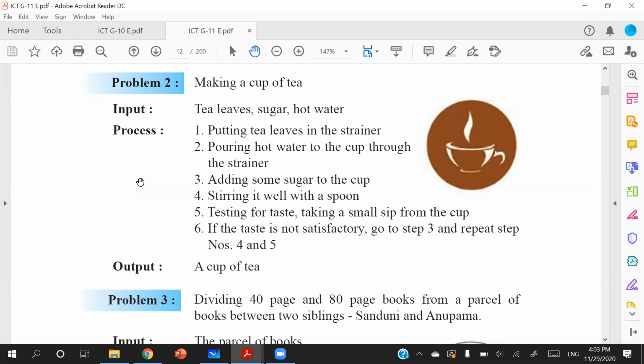Yes, again, otherwise we won't be able to make tea, right? And add in some sugar to the cup. Again, that should be a must, because otherwise we won't be able to drink the tea, because it will give you some bitter taste, right? And we have to stir it well, so then the sugar will dissolve into the tea mixture, right? Then you taste it,